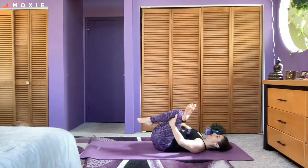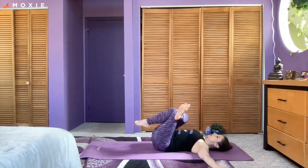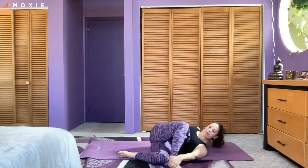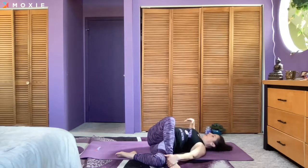Exhale. Letting go, but keep the legs just as they are. Open the arms. Drop the legs to the left as a unit. So the outer left thigh and the sole of the right foot are on the floor. Left hand grabs the right foot or the right ankle. Right hand presses the right thigh forward, moving the knee away from the chest. And you may already be feeling a stretch, or start to drop the right hip back, or melt the right